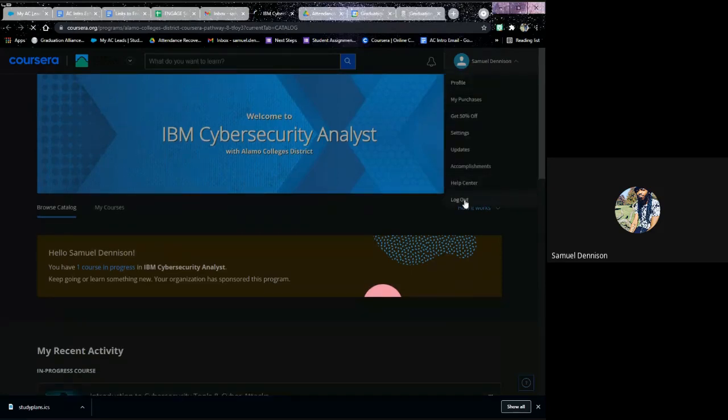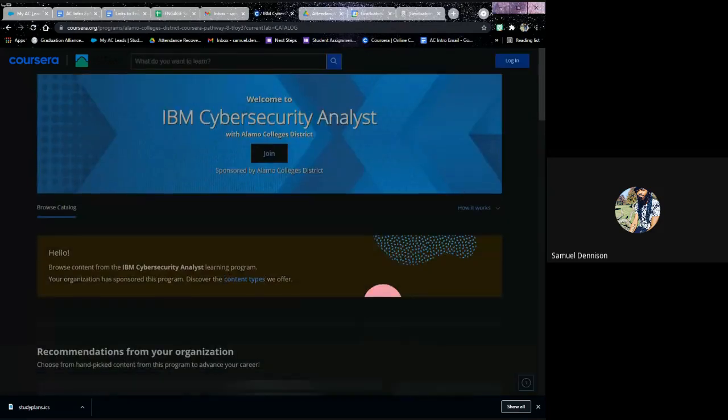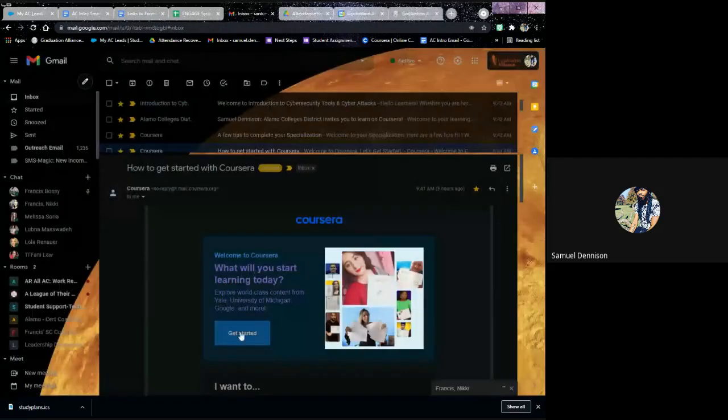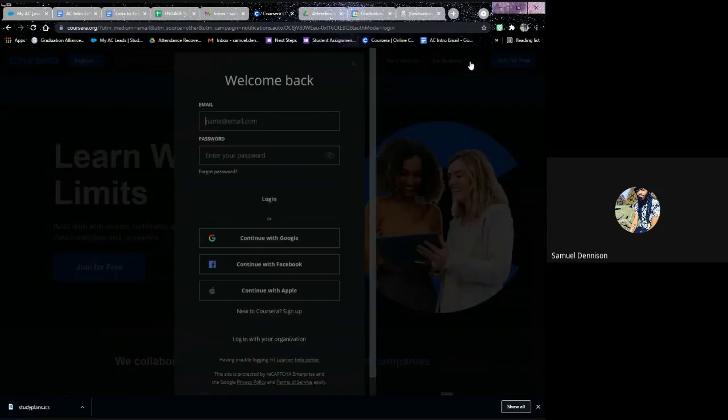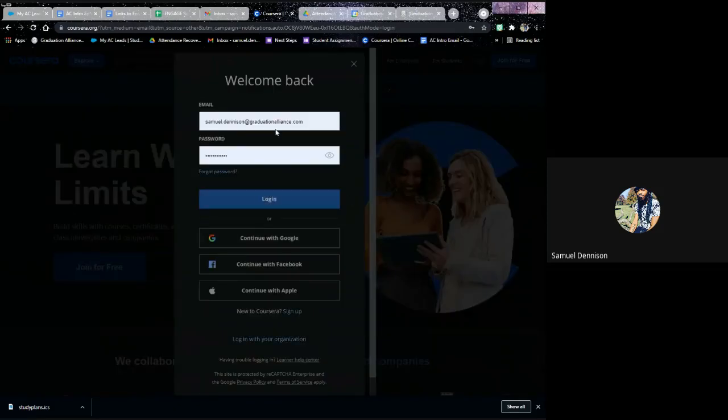You'll see that I'm already logged in, but I'll log out here and I'll redo this for you guys correctly. So you'll click the Get Started button, and it'll bring you to the Coursera homepage. From here, you want to find the login button. You click the login button, and it'll give you the option to enter your email and password that you've already